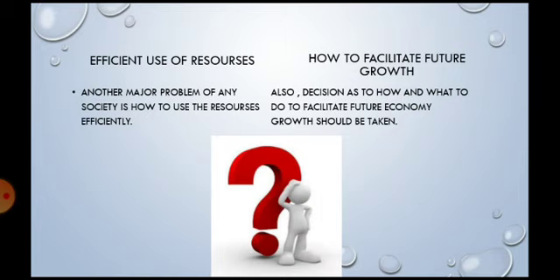Each society should decide at what rate it will use up its productive resources to ensure future growth. Then, they have to take a decision on how to use the current outputs to influence production possibility in the future. It should be noted that the goal of every society is to ensure steady economic growth.